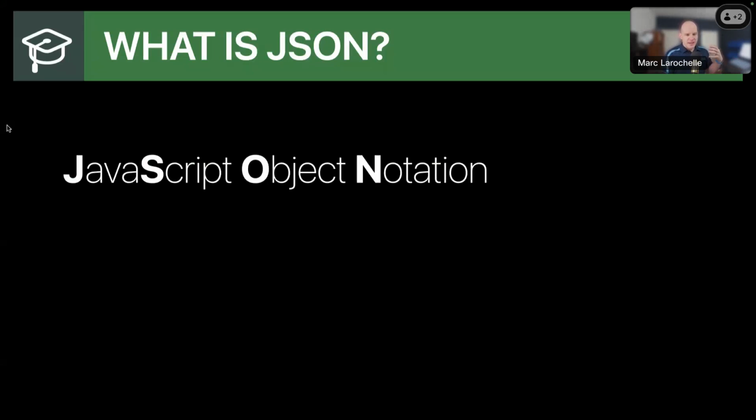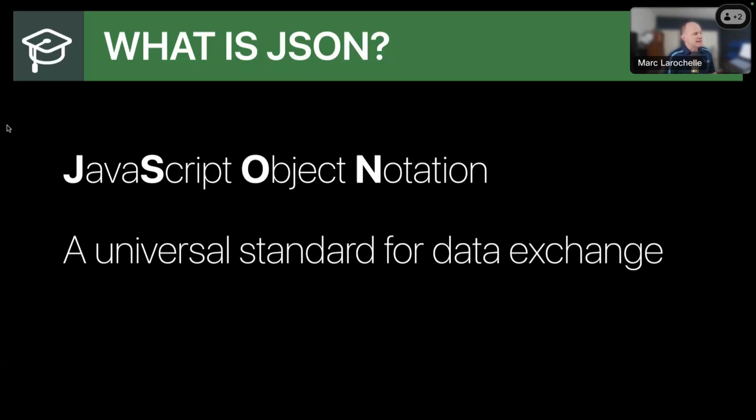So the world of APIs today use JSON, which is JavaScript Object Notation. That's what it officially stands for. And like I mentioned earlier, it is a text construct. It's just a way to format text. And it's a universal standard for data exchange. It is today's standard. Now, people have used CSV in the past. That's still a thing. It's still the easiest way to move data in a flat file. But when it comes to APIs,